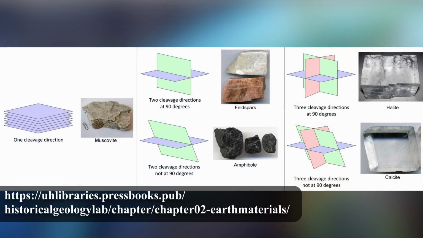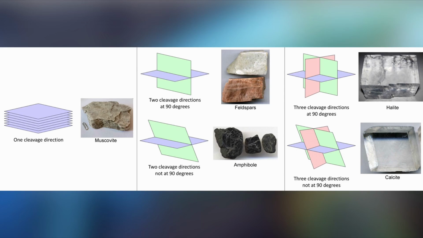Cleavage relates to the particular way in which a crystal structure will break, or preferentially breaks, or cleaves, in other words, planes of weakness in the crystal lattice. This is formed by the fact that different minerals have different bonding arrangements, and some of these bonding arrangements lead to characteristic planes of weakness, so particular places or ways in which the crystal will tend to break, and this leads to characteristic planes of cleavage, which can be used to identify minerals.